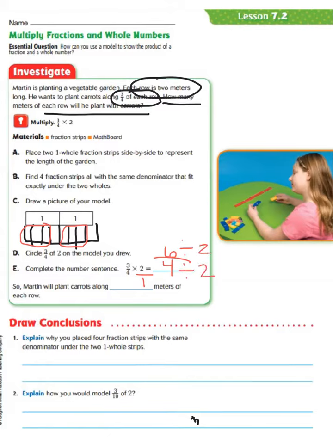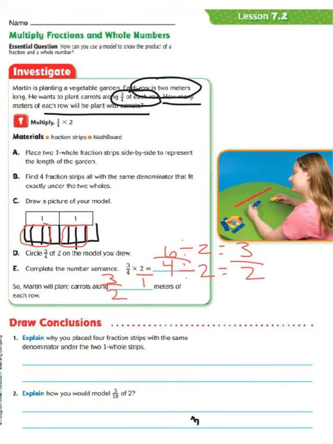And remember, whatever you do to the numerator, you have to do to the denominator. So 6 divided by 2 equals 3. 4 divided by 2 equals 2. So we know that 6/4 also equals 3/2. Now, Martin will plant carrots along 3/2